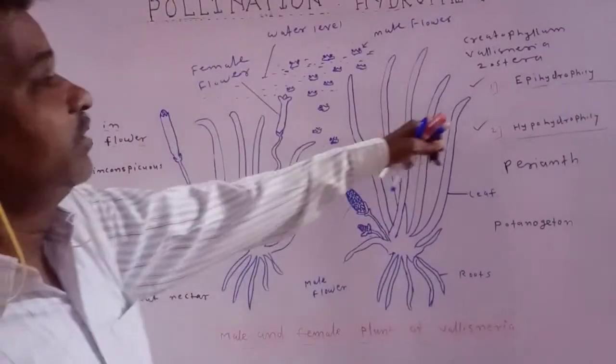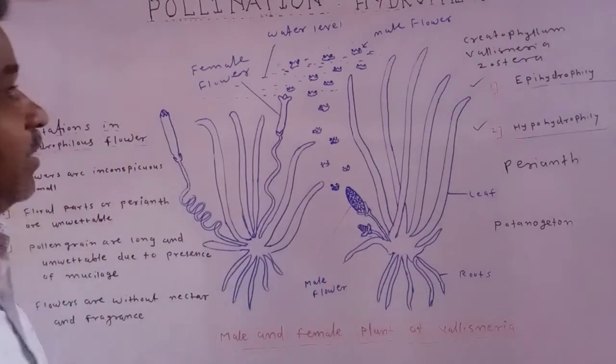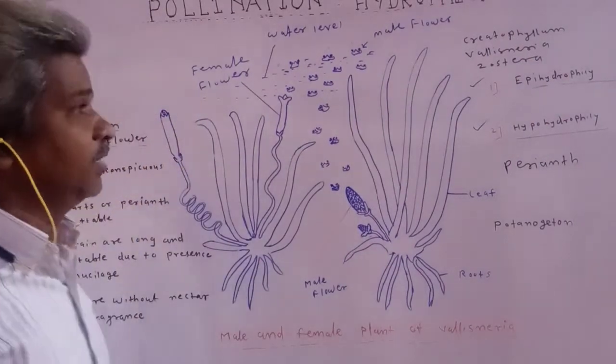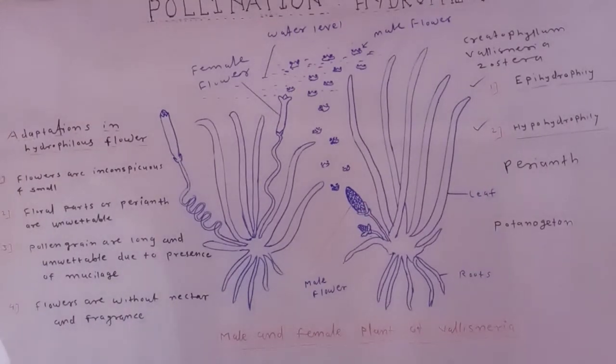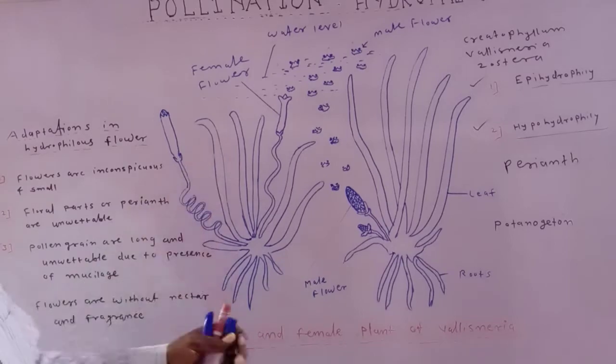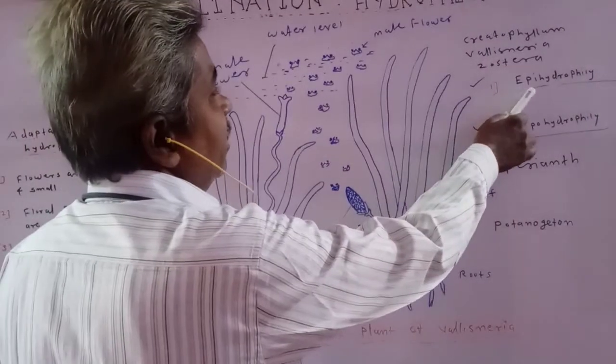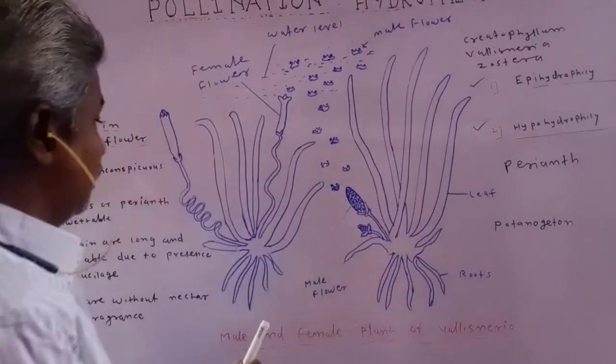Now, what is epihydrophily, and what are the examples of epihydrophily? Pollination that occurs on the surface of water is called epihydrophily, and it is observed in